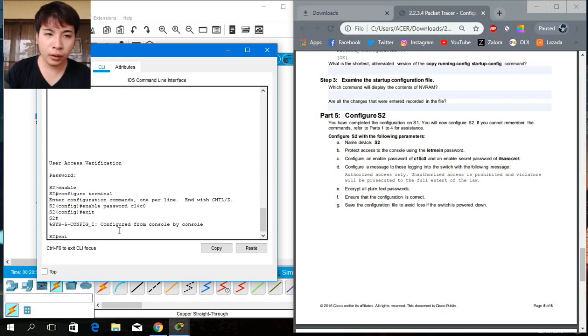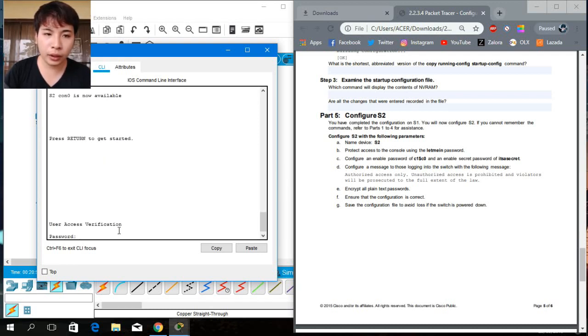So exit here, then okay, just type let me in, then enable, then type the second password, which is